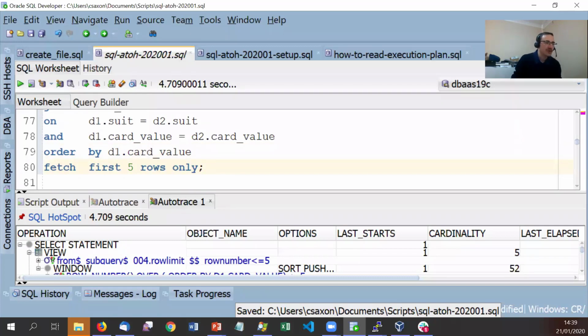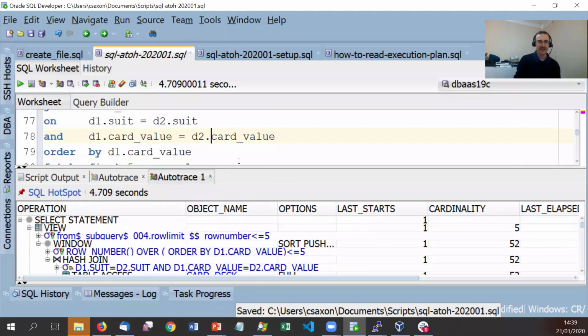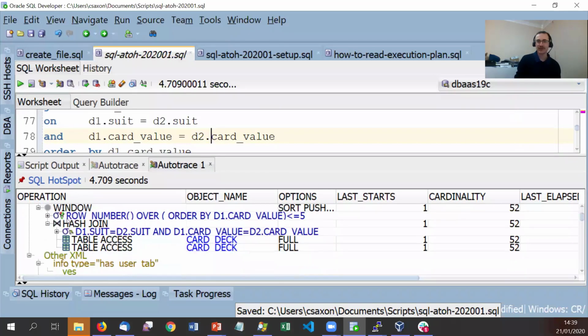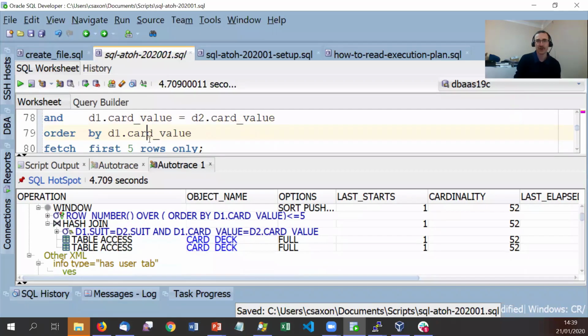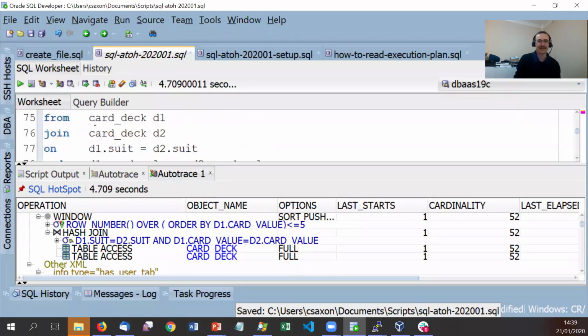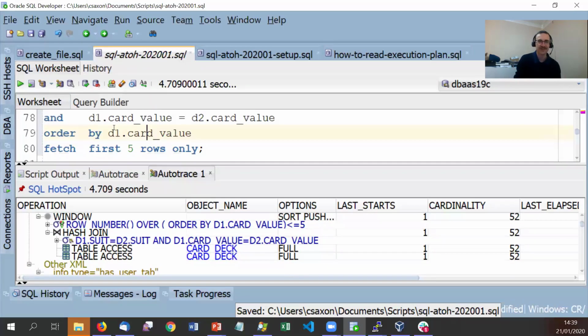But we do know which ones to sort, right? So this is an interesting question, and actually, there is perhaps an argument that maybe it should have gone with the merge join in this case. So yeah, we know we're joining on value, and we know we're sorting by that. So maybe we should have done that sort in this case. And I can see why you would think that, and actually, it's one of those probably little